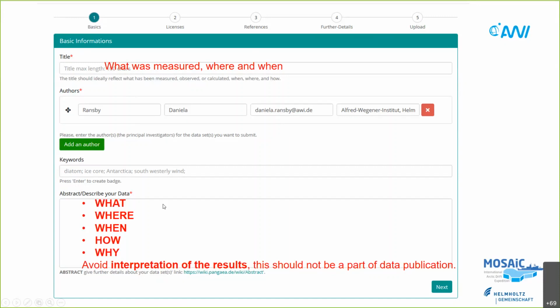It should be data specific and has to concentrate on what, where, when, how, and why was observed or measured or calculated. And in data sets, we need to avoid interpretation of the results. We really concentrate on describing the data itself without any judgment. The interpretation is a matter for the paper, but here we publish only the data.